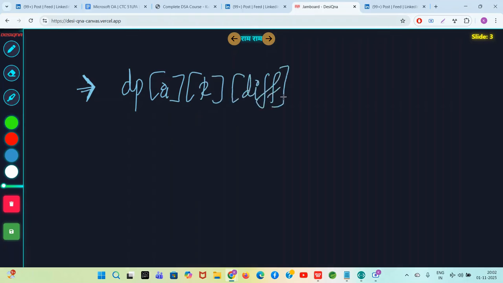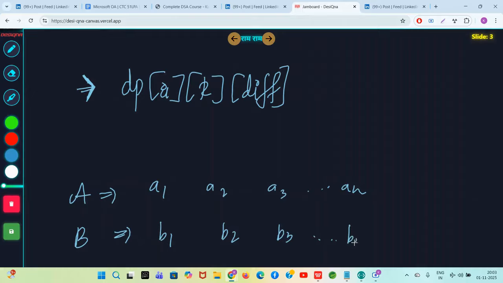What does that mean? Guys, this is array A, right? This is array B, right? Array A looks like this, till A of n. And array B looks like this, right? Now the trick is that you will calculate array C such that